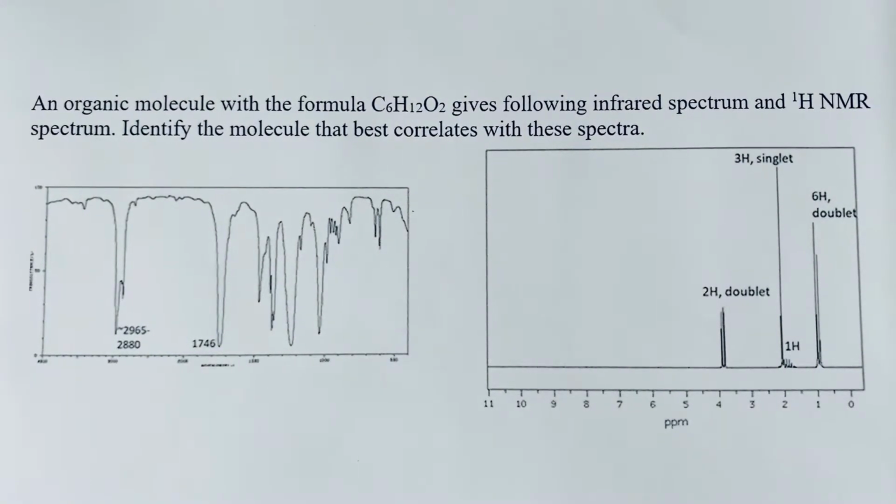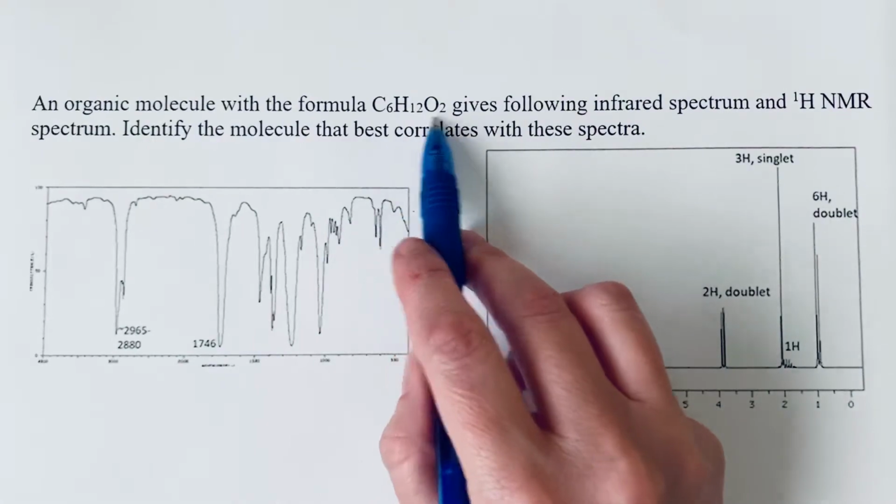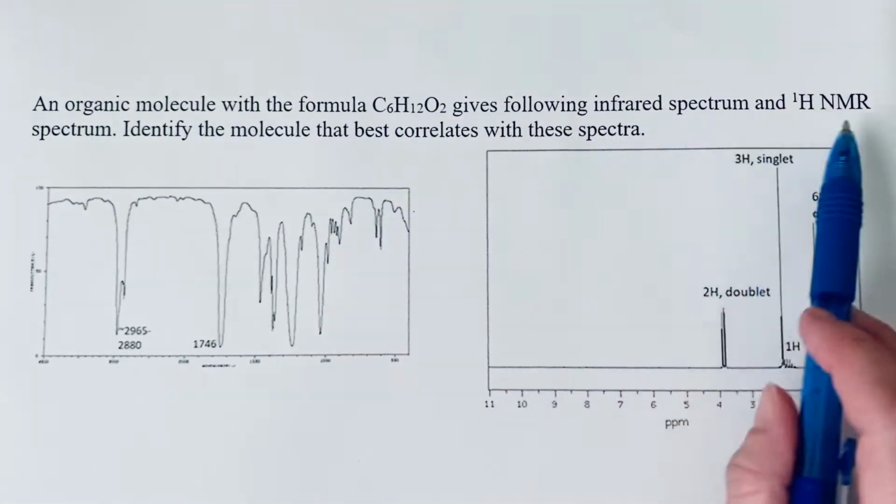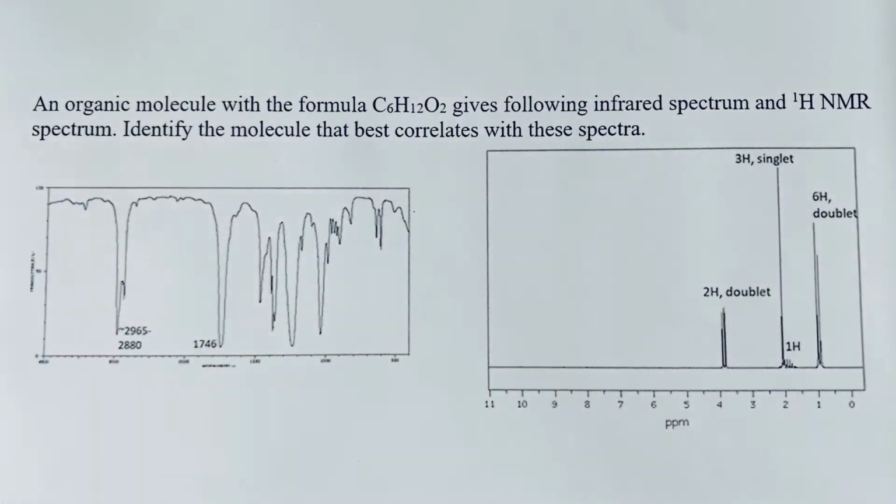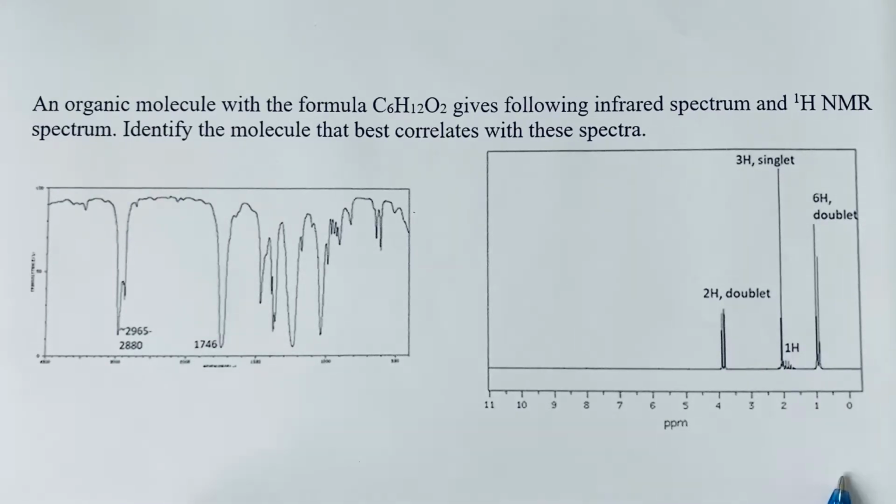An organic molecule with the formula C6H12O2 gives the following infrared spectrum and proton NMR spectrum. Identify the molecule that best correlates with these spectra. So if you were to encounter this question on a quiz or an exam, you would have options to select